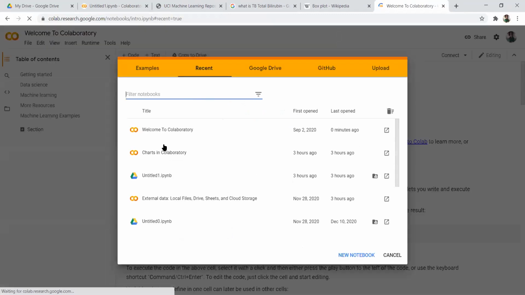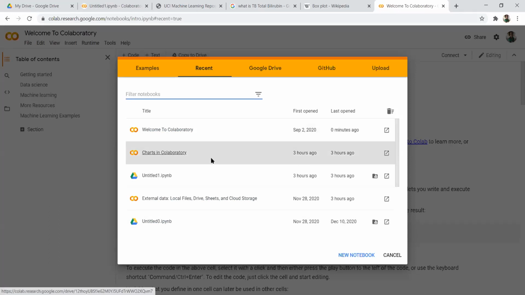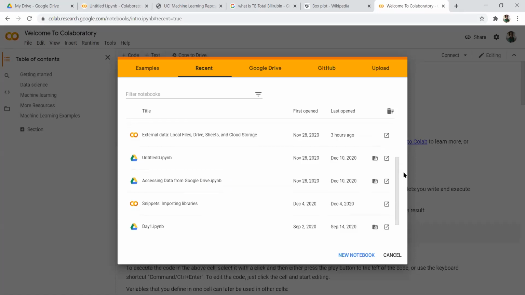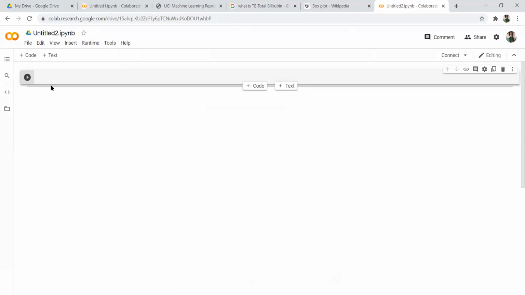The moment you press enter, if it is your first time, it will show you this, welcome to Google Colab and something like that. Here you can simply click on create a new notebook. But if you have already worked on it, those notebooks will be visible over here. In my case, certain notebooks are over here. If I want to create a new notebook, I will simply click on new notebook and I'll get this blank notebook for working. Now here I can write my Python code like in a Jupyter Notebook. I don't need to install anything on my machine.